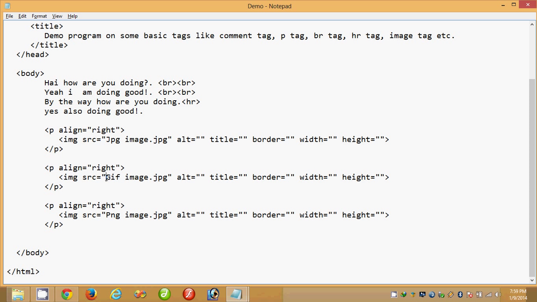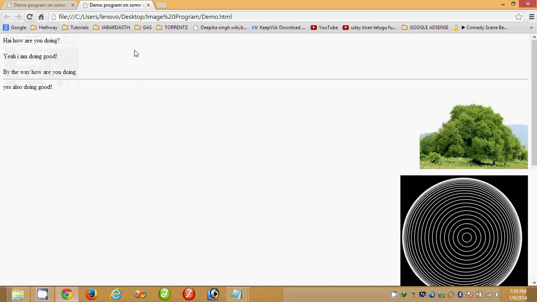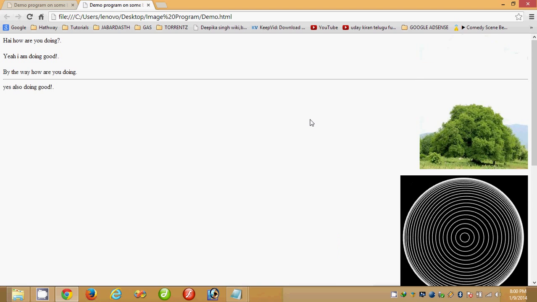It is not compulsory to give the same extension as the JPG image type. Here I am changing the extension. This is very important. PNG. Now I will save this one, go to the browser and refresh it. Now we got all the images aligned on the right side,